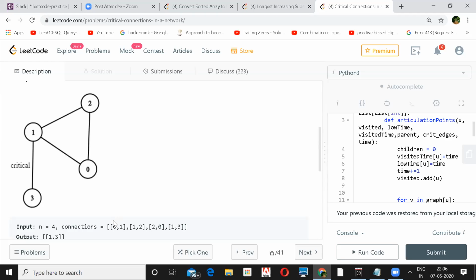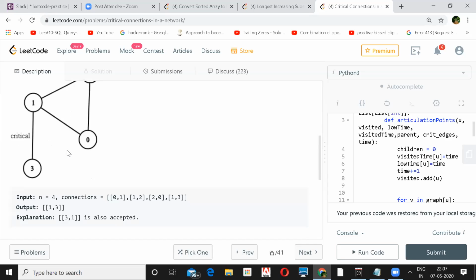Like let's say 0, 1, you break it and run a DFS. When you run the DFS, you'll get the total number of islands, and you know that initially your number of islands is 5. If after running the DFS you also get 5, that means it has not been broken into 2 parts. But when you break 1 and 3 and run DFS either on 0, 1, 2 or on 3, the number of islands you'll have is either 3 or 1, which is not equal to your total number of islands, that is 5. That clearly shows that it has been divided into 2 parts.